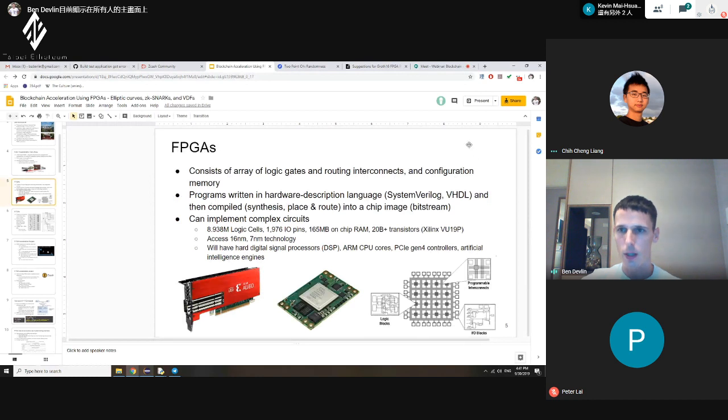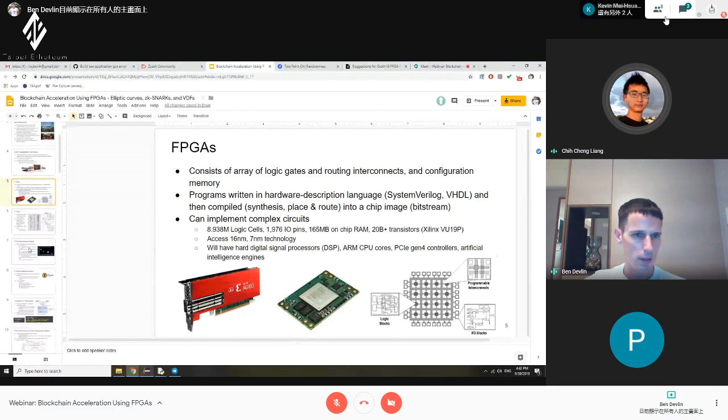What was the resource you were talking about? Oh, the RAM. Do you know what slide number this is for?